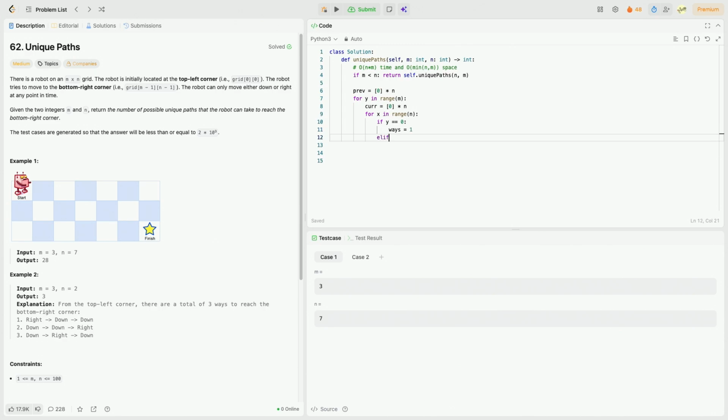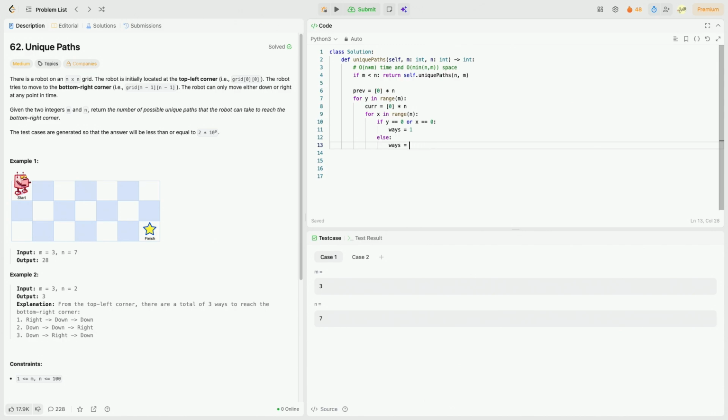Also, if x is equal to 0, we know that the number of ways to reach it is also 1. So we could just say if y is 0 or x is equal to 0, the number of ways is always going to be 1. Otherwise, the number of ways is